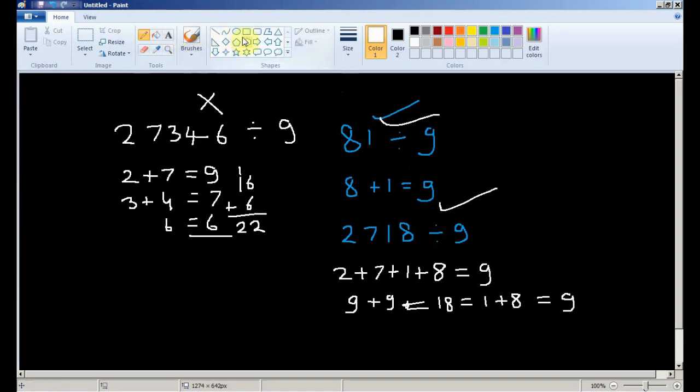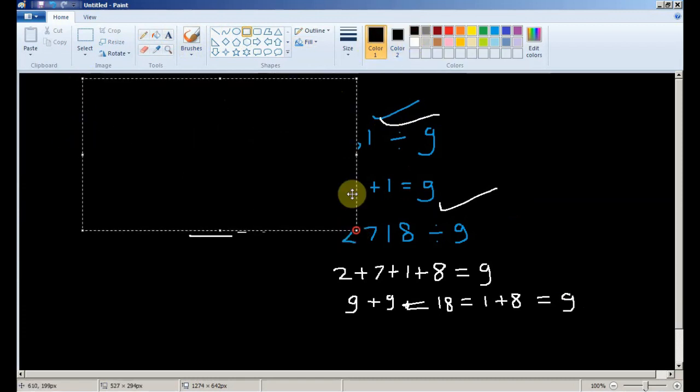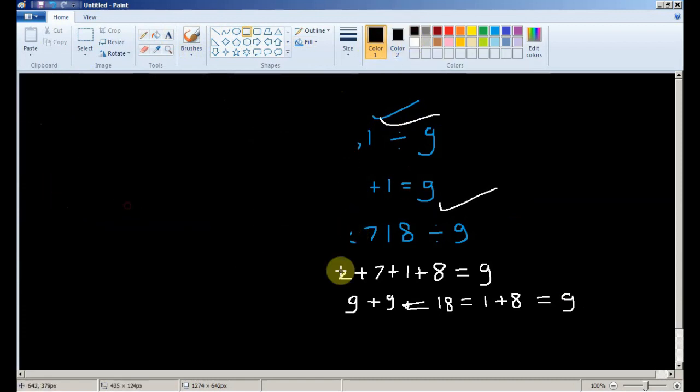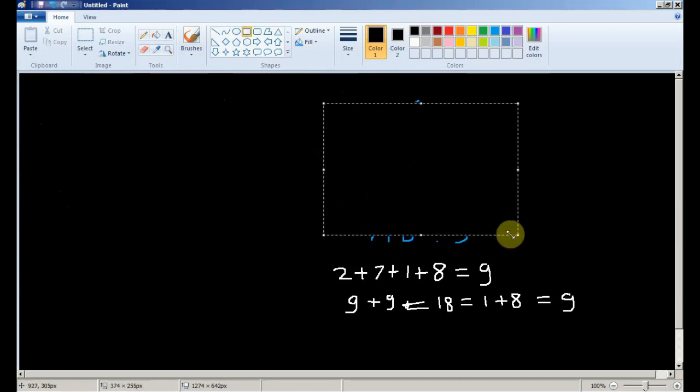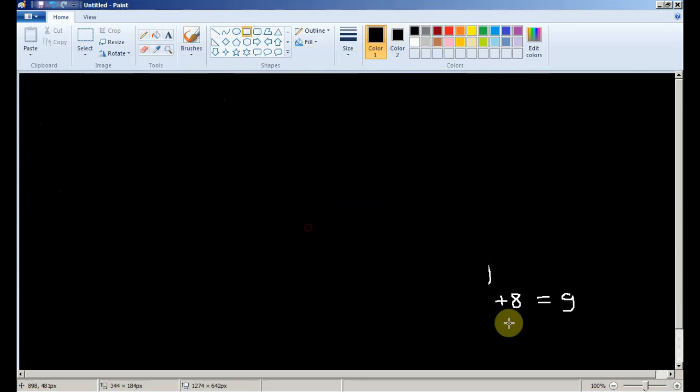So friends, the last digit which we are going to test today is going to be 11. Okay, and that's very interesting. 11 is very interesting because in 11 you have to add and subtract digits in a different way.